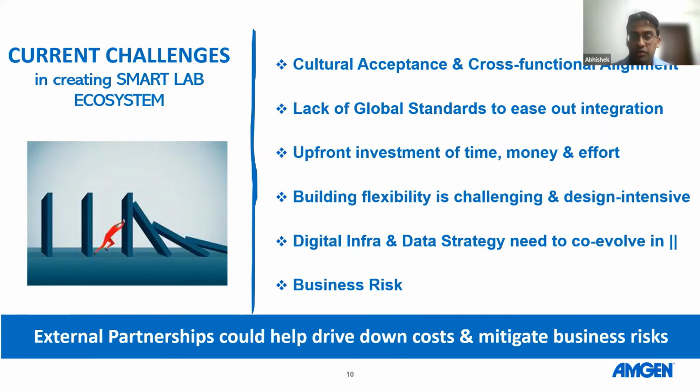Digital infrastructure and informatics platforms should co-evolve with data strategy also. So they need to be in rhyme. They need to be in sync with each other. And then I spoke about the business risk. What if it doesn't work? What if it doesn't work as we project it? So because of all these challenges, an overarching, focused, dedicated leadership is extremely important for any organization to make things